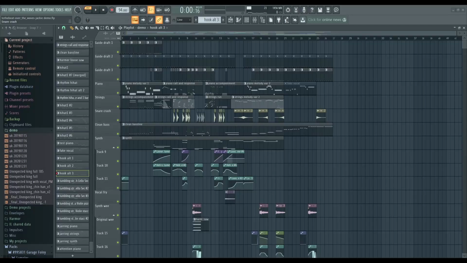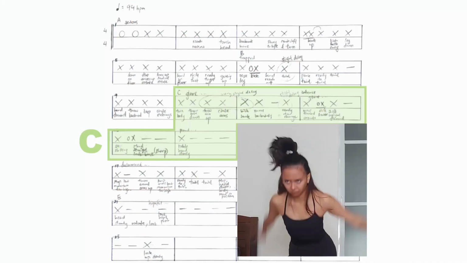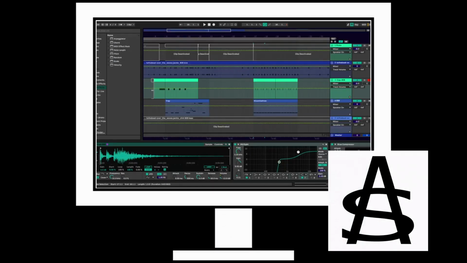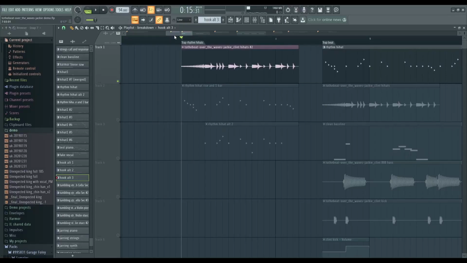I first created a guide beat to help me recognize the perceived tempo of each section. Then this guide beat draft was refined later on when the compositions were almost complete. Remember this section C? As mentioned earlier, Shadowtail's interpretation of the dance here between bars 9 and 13 was that the dancer felt trapped. So we believe a trap beat here will be appropriate. Afterscience gave me this hi-hat pattern which was very stable.